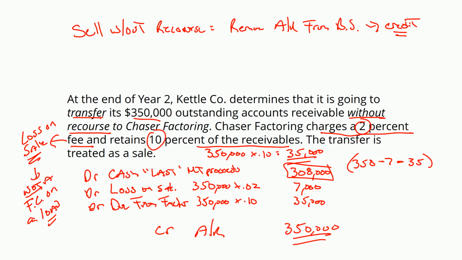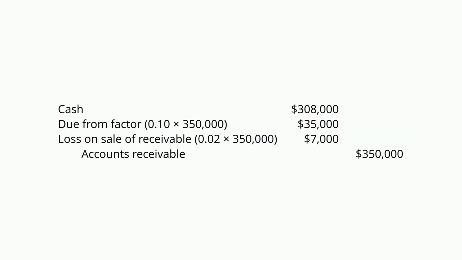Okay, so when you sell without recourse, we're going to remove the account receivable from the balance sheet. Okay, there's only one credit. When you sell without recourse, only one credit to account receivable, period. Okay, there's just one credit, and then we have our debits there. Okay, so our journal entry, nice and pretty. We debit the cash. This is the net proceeds. Back into that, please. You do that last, but we know we're going to have that debit. We know we might get another $35,000 in the future, and they're not giving it to us today. It depends upon how much of that $350,000 the factor gets.